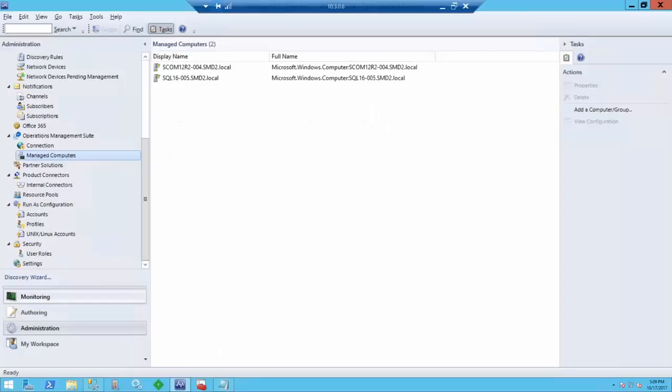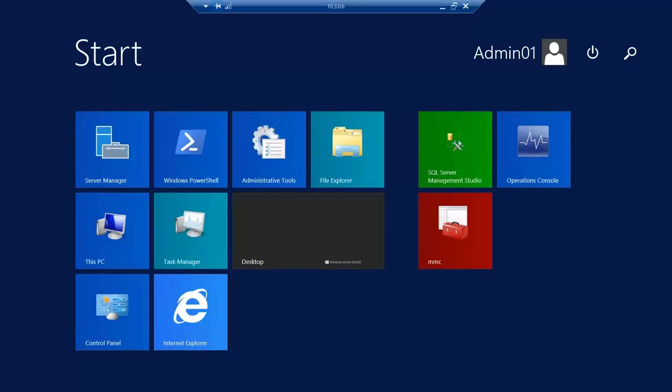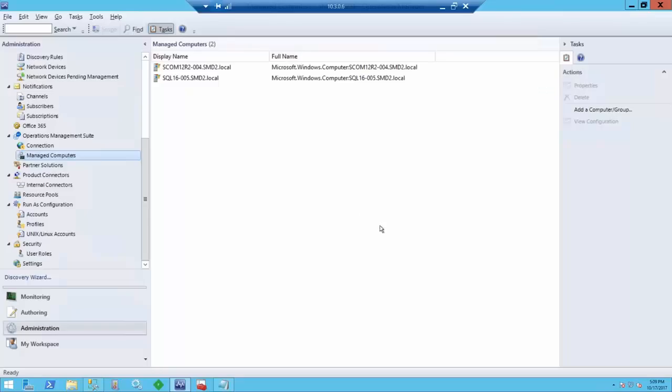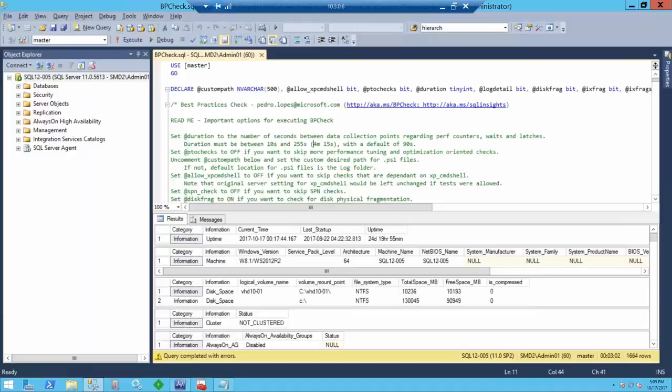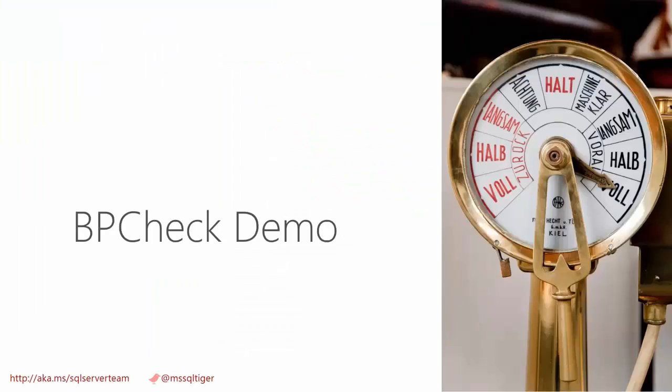Okay, and this is a short final demo. So what you can see is SSMS, and yes, it's a script, and it's a very short demo. I just want to show you the result of the execution, and this is not something that you want to run every